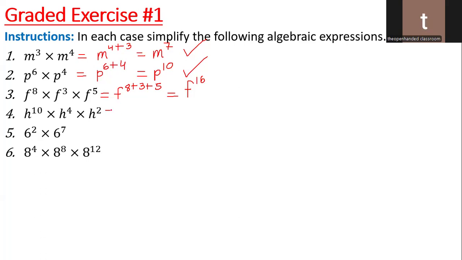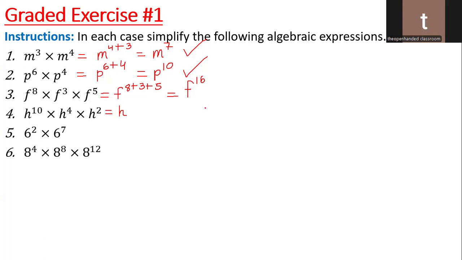Now, number 4. What do we have for number 4? This is h to the power of... Where is Reagan? Reagan, are you there? Yes, sir. Why are you not responding in the class like you normally do? I thought you were asking certain people. I didn't know you called my name, sir. Oh, okay. Reagan, what did you get for number 4? I got h to the power of 10 plus 4 plus 2, and then that equals h to the power of 16.